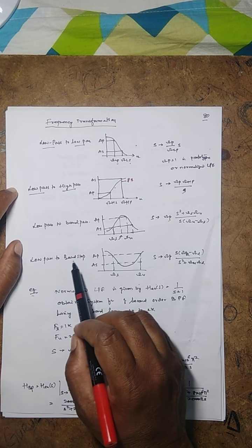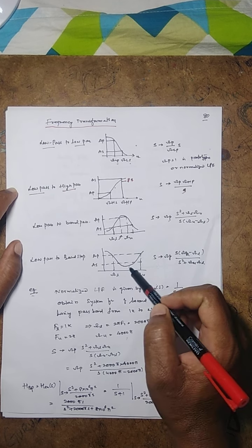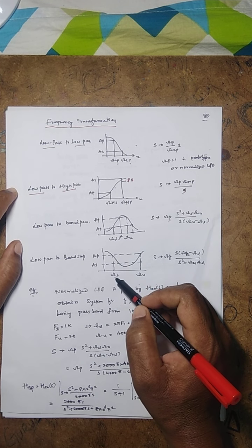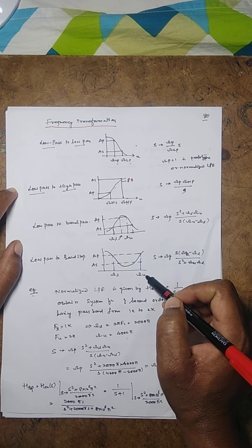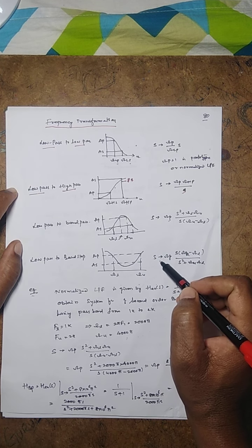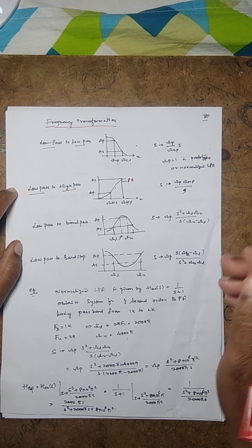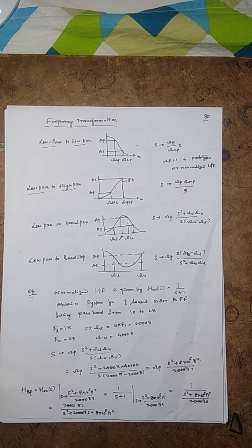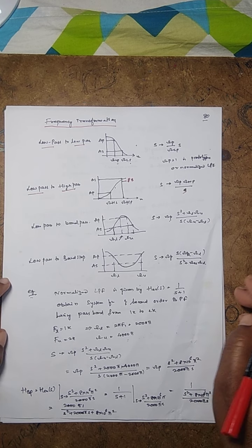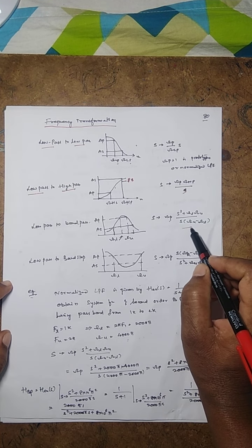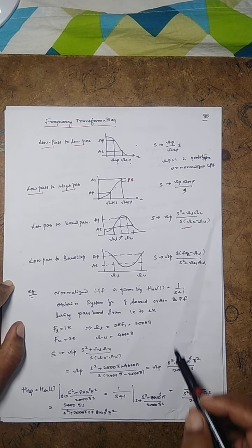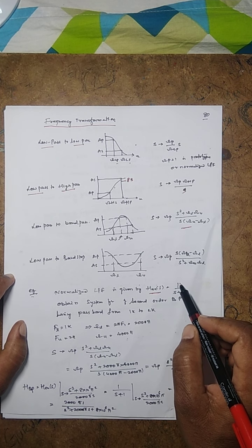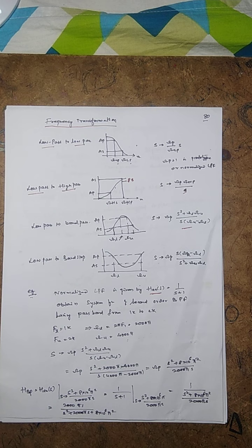Similarly, for the low pass to band stop, this is the band elimination or band stop. You have omega L lower cutoff frequency, upper cutoff frequency, and S is replaced by this expression. We'll take an example wherein we'll design the band pass filter using the low pass filter. For the band pass filter, we have this expression where S is replaced by this one, and the standard expression for the low pass filter is 1 divided by S plus 1.